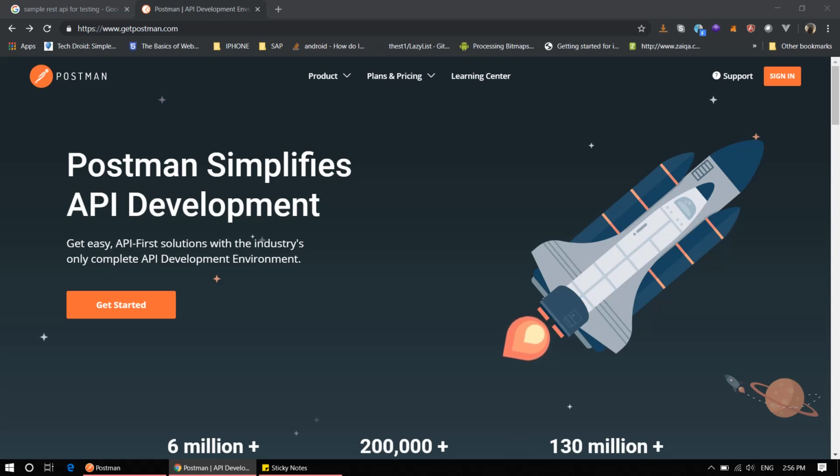In this video we will learn some basics of Postman and we will call a very simple API to understand the different UI elements of Postman. So let's start with some sample